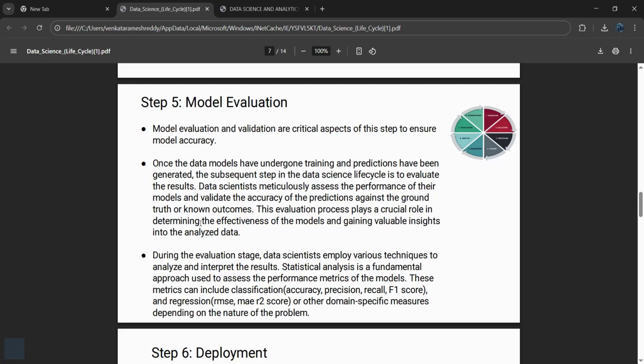If you want good model accuracy, we have to perform the steps very well and do the process very well. That is how we will ensure the model accuracy. Once the data models have undergone training and predictions have been generated,